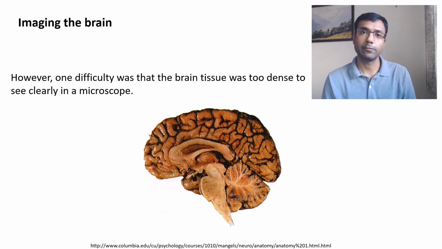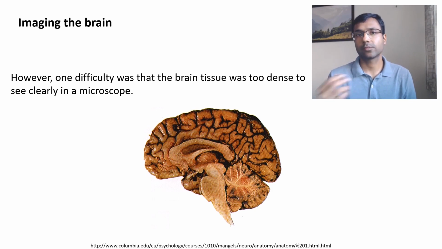So try to think that if, let's say, you were living 100 years ago and you had access to a microscope, what would you do to be able to see more detail in the brain? Let's try to think about it. One idea could be that maybe you will take thin slices out of the brain and then try to look at them. But if your slice is a few microns thick, it might still be too dense to see anything clearly within an optical microscope.